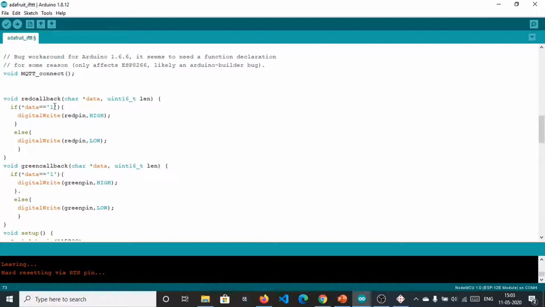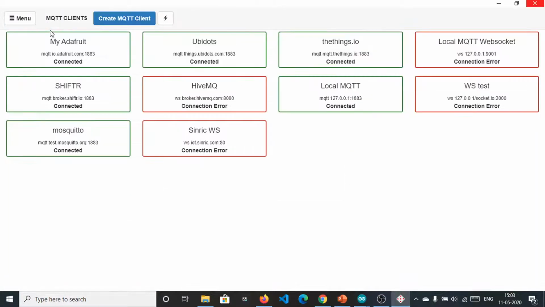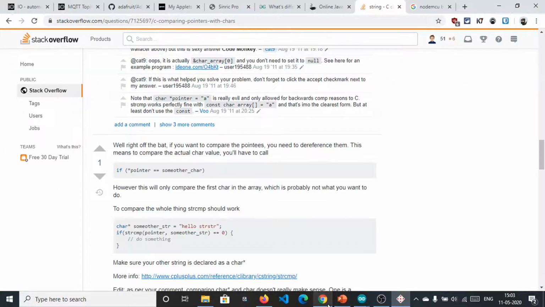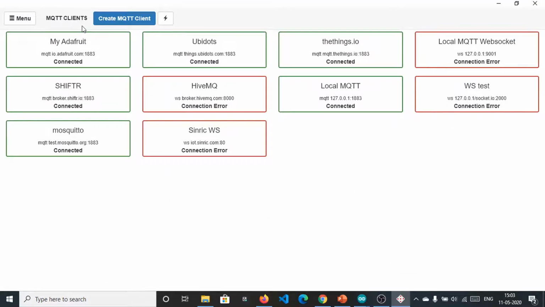If we send data 1 to this topic, to this red feed, there should be a red pin high, that is, the red LED should be turned on. So we are sending data from this MQTT client. This is MQTT box, basically an application, a Chrome application or plugin, and here you can access MQTT box, and after that you need to connect it to your Adafruit broker.